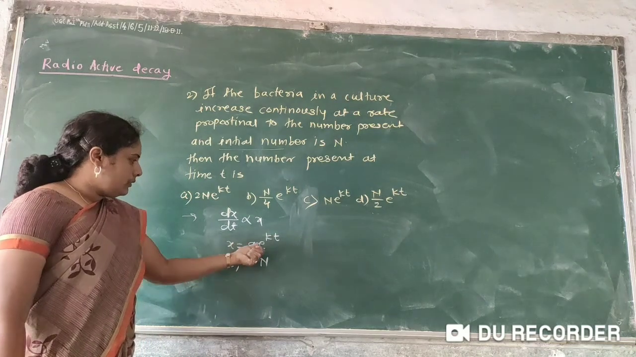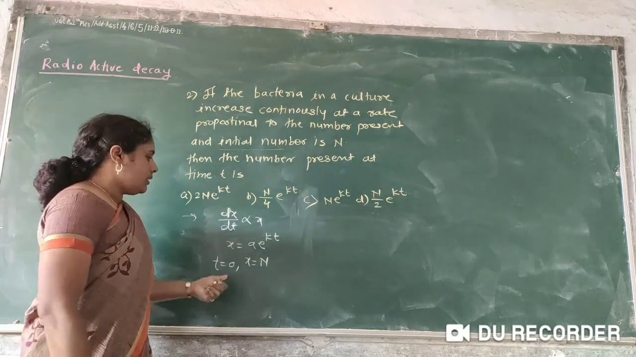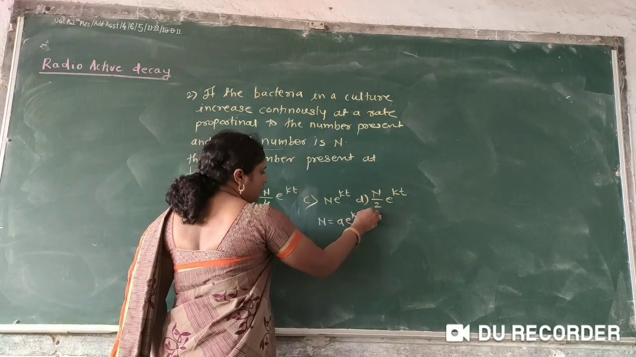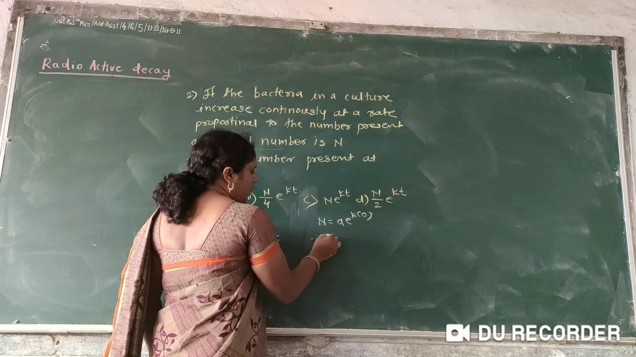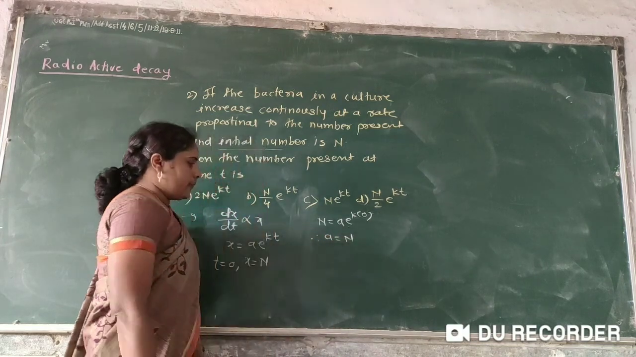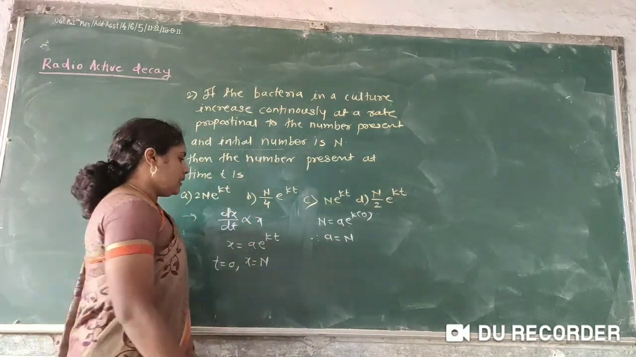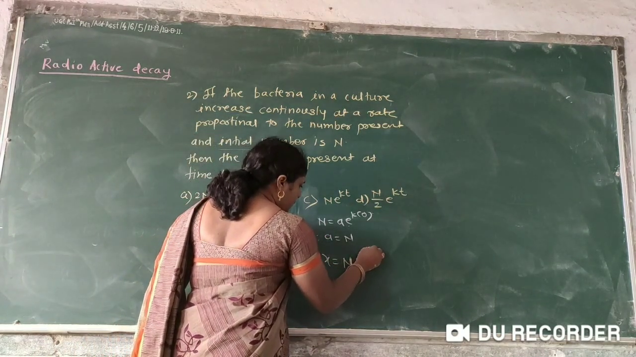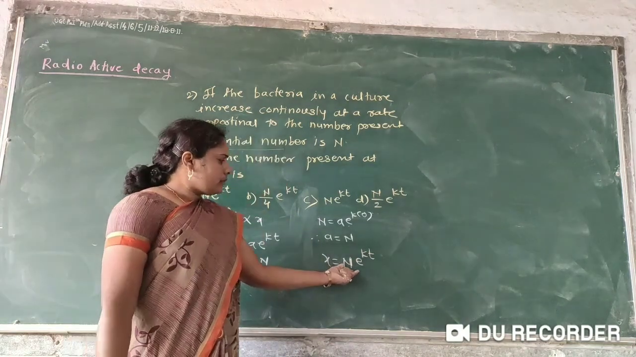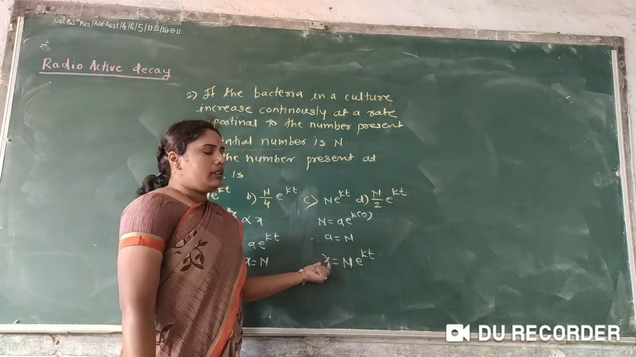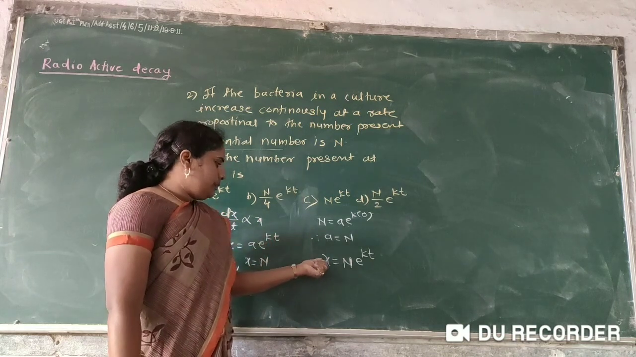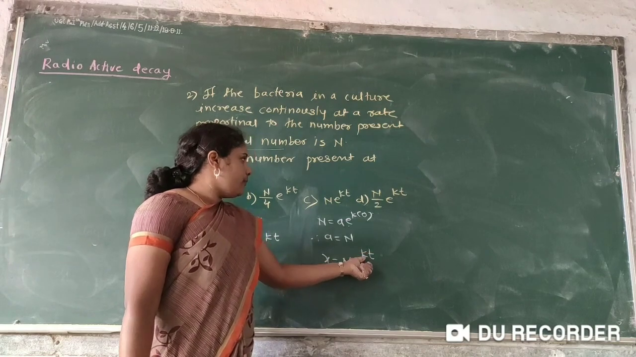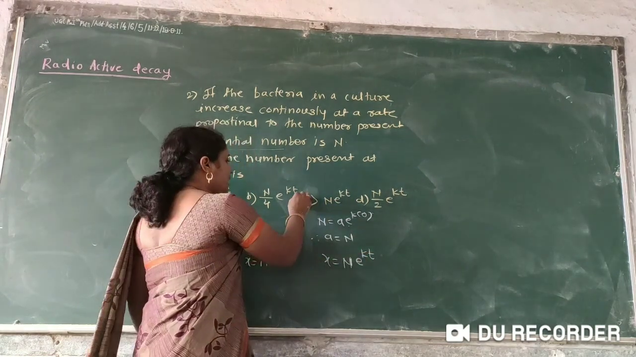Substitute this value of t and x in this equation, we get n is equal to a into e raised to k into 0. E raised to 0 is 1, therefore here a is equal to n. Put this value of a in this equation, we get x is equal to n into e raised to kt. This is the equation for calculating the number of bacteria present, that is n into e raised to kt, which is in option C. Therefore correct answer